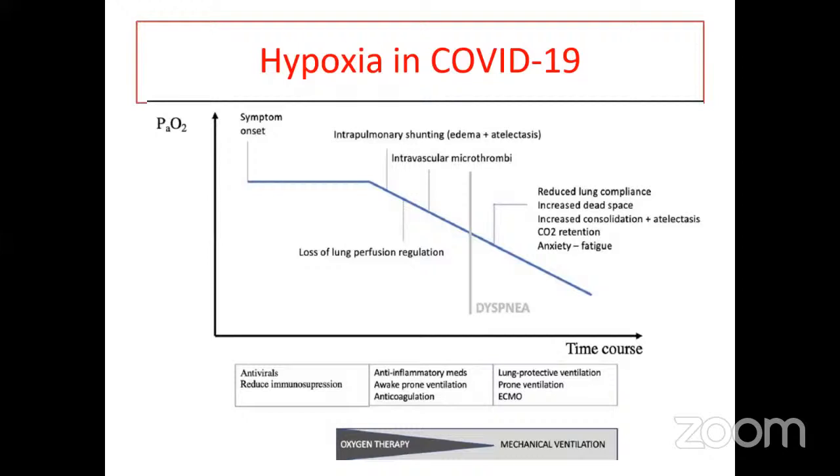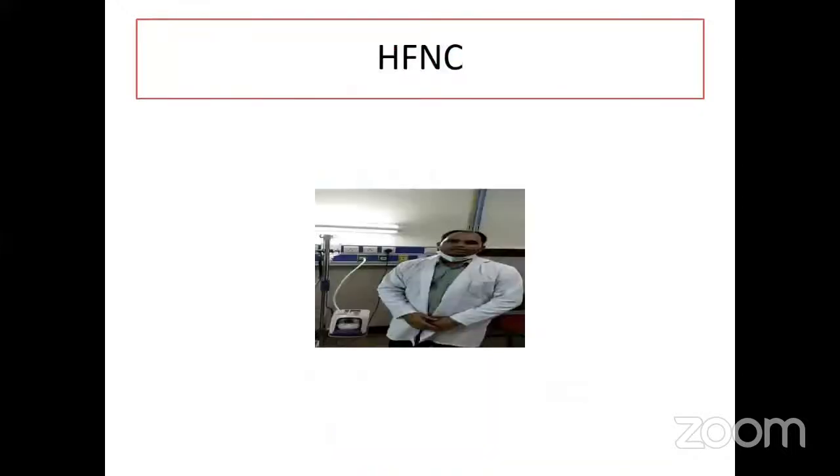हाइपोक्सिया इन कोविड, सिम्टम ऑनसेट ये हुए, लेकिन शुरू में हाइपोक्सिया होता रहता है, पता हमें बाद में चलता है। इतनी बड़ी स्लाइड का मतलब केवल एक ही है कि हमें पता बाद में चलता है कई बार कि हाइपोक्सिया तो हो रहा है, SpO2 नॉर्मल बना हुआ है, इसलिए हमें बहुत सावधान रहने की जरूरत होती है।